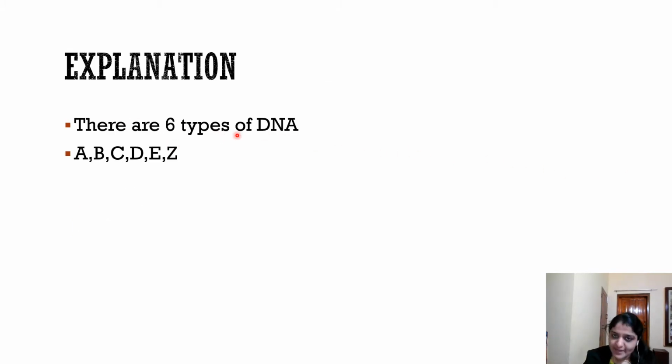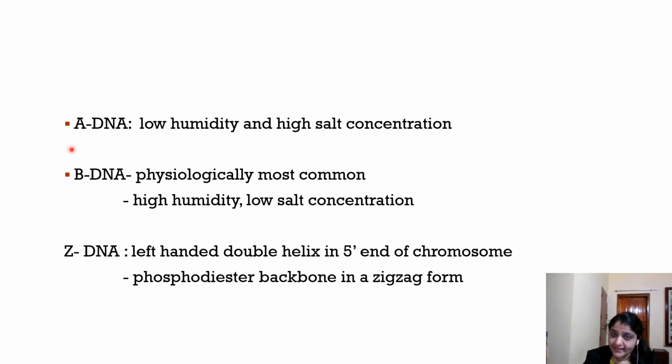There are 6 types of DNA: A, B, C, D, E and Z, of which Z DNA is left-handed. All other DNAs are right-handed. And the physiologically most common DNA is B DNA. A DNA is seen in conditions with low humidity and high salt concentration, and that was the question. And B DNA, the physiologically most common type of DNA, is seen in conditions where there is high humidity